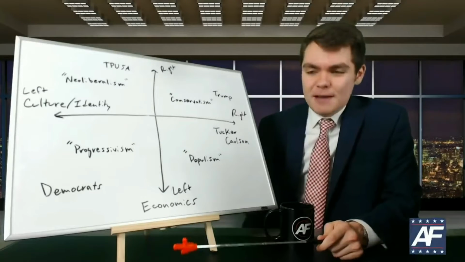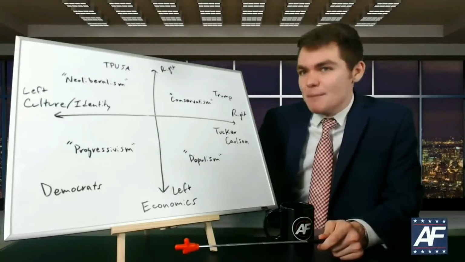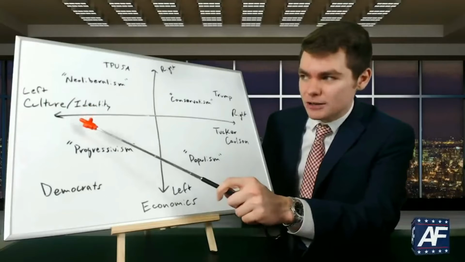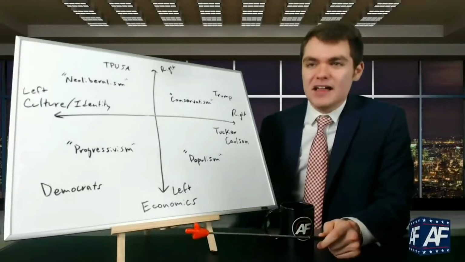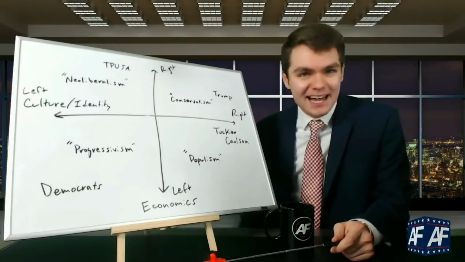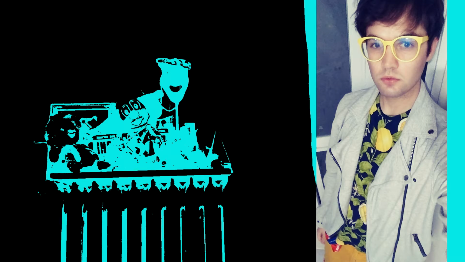Charlie Kirk, for example, says that we can have basically unlimited legal immigration. We can staple green cards to diplomas. We can have a left-wing culture. We can trend left-wing in culture and in terms of national identity, so long as we maintain a free market, so long as we maintain low taxes, low regulations. You get the picture. What you're going to find is that his entire argument and his entire perspective relies upon